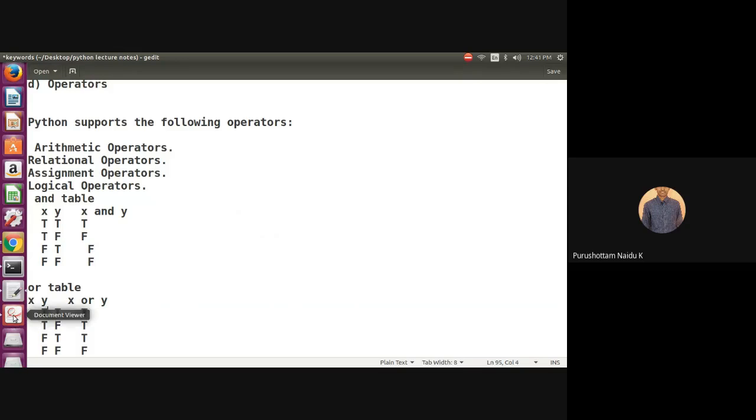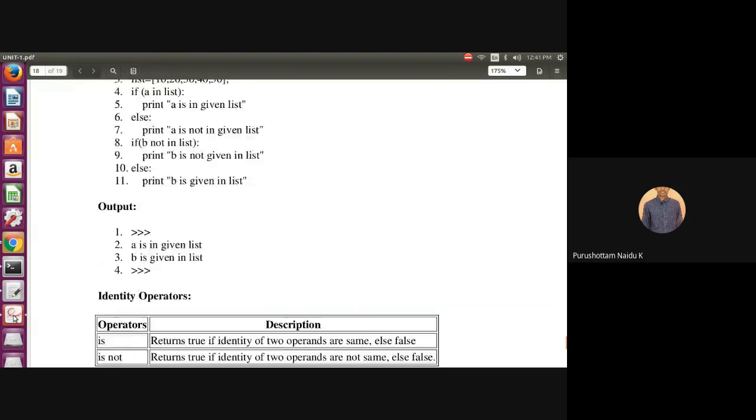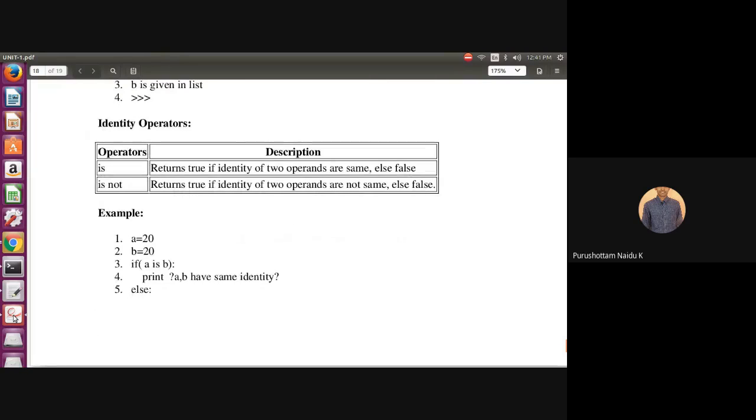Now coming to another important one called identity operators. Is returns true if the identity of two operands is the same, otherwise false. The opposite of this is is not, which returns true if the identity of two operands is not the same. That is the is and is not.